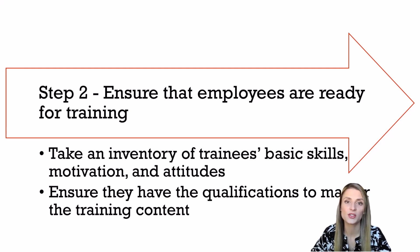We might also consider their motivation to both attend training, to show up, but also their motivation to participate and to actually learn something from the training. And finally, we might also want to consider employees' attitudes toward training, toward the trainer, toward the topic. Any one of these factors could help us prepare the trainees more effectively for the training that they're about to